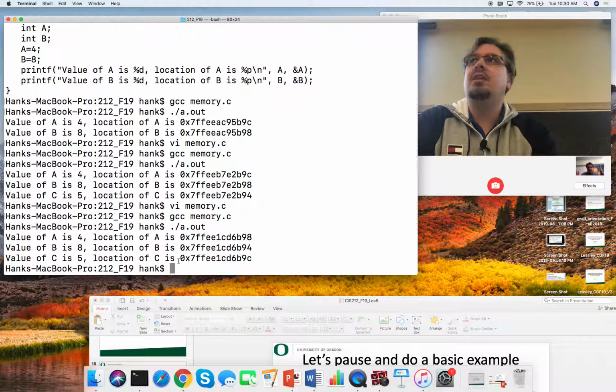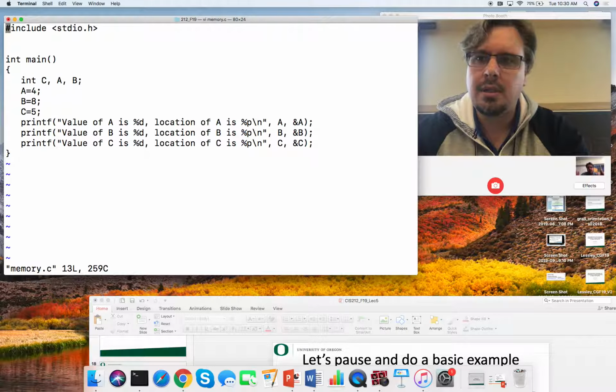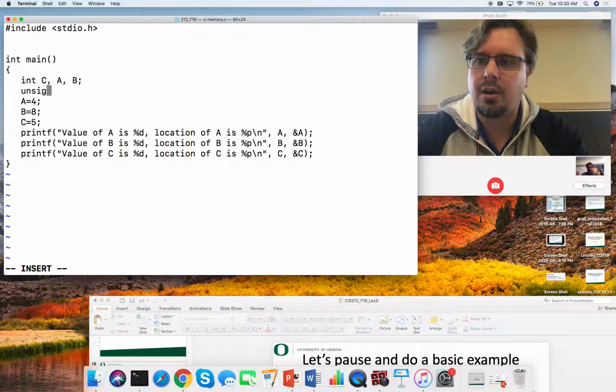Where you'll really see this, where the compiler will really change from what your expectations are, is when you get declarations of variable sizes. So for example, if I had put in unsigned chars,